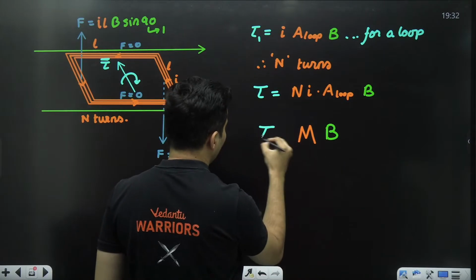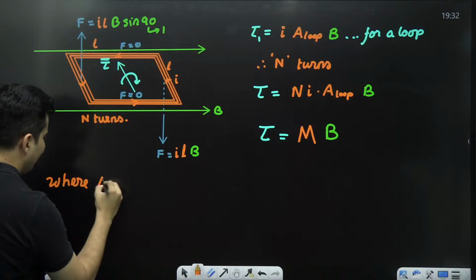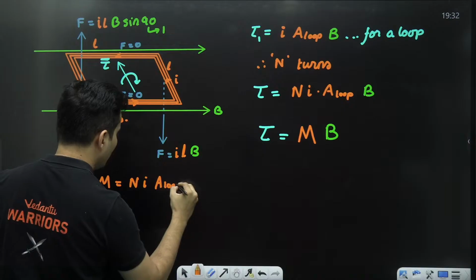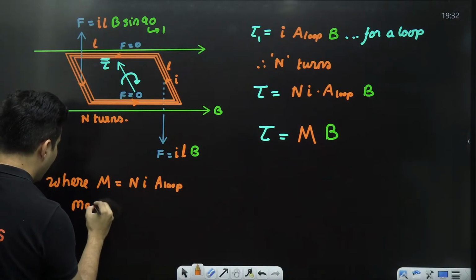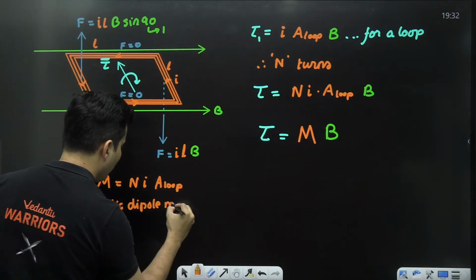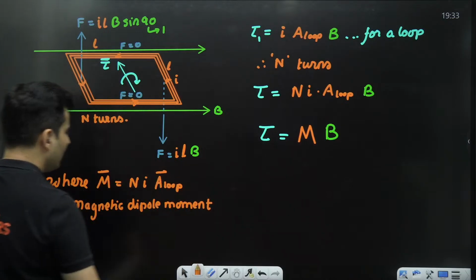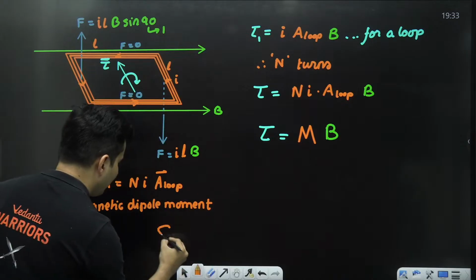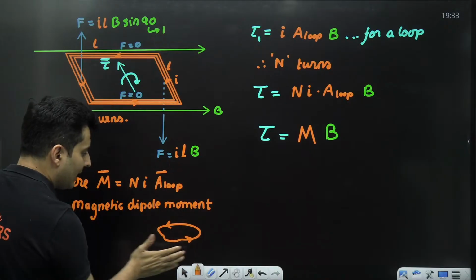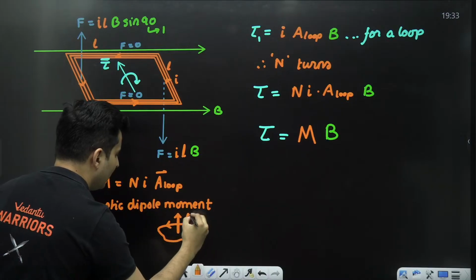This will then become the torque, where our M, which is number of turns into current into basically area of that loop, is called the magnetic dipole moment. It's a vector quantity. Where is this vector? If the current is going like this, curl your fingers in the direction of the current. The thumb will point in the direction of the